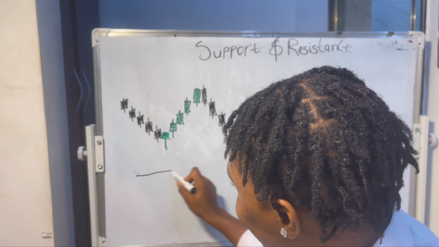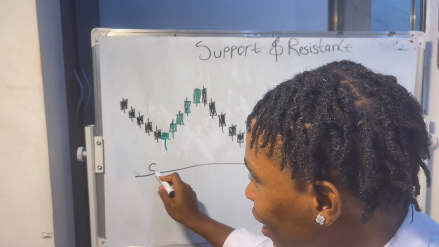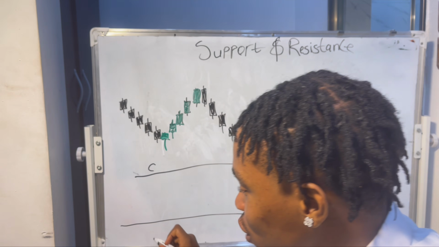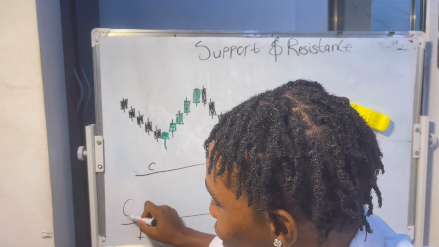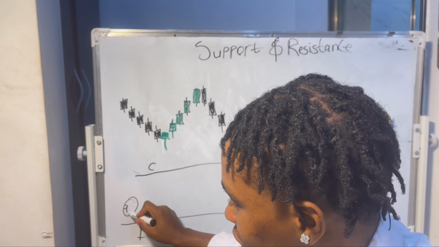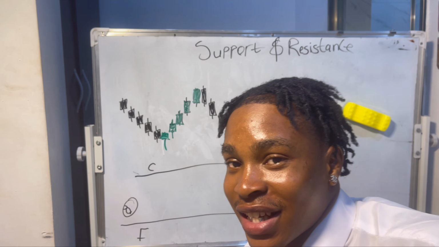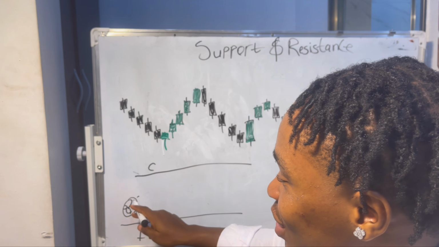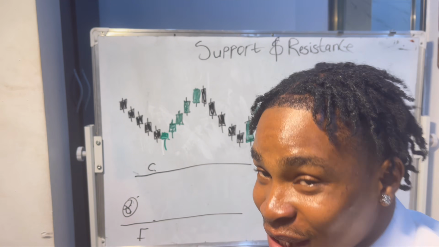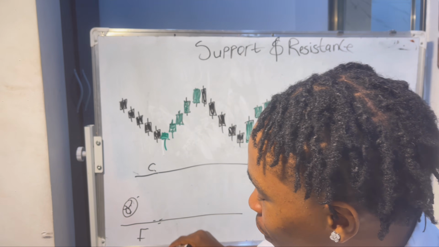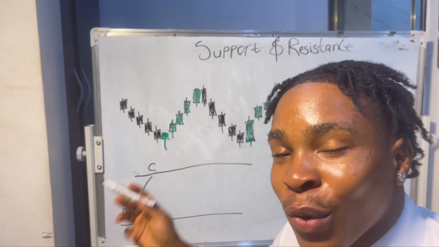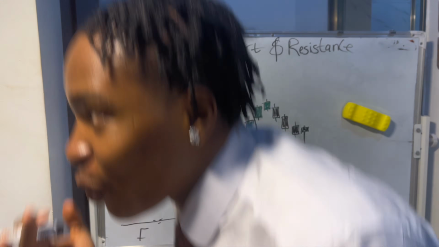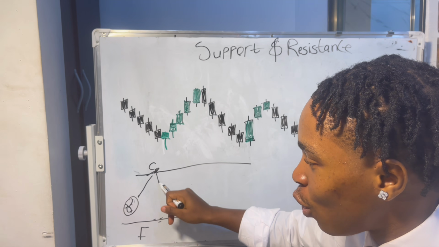Let's say this is the ceiling. I'll just put a C there. And then say this is the floor. I'll just put an F there. And then we have a soccer ball, because it's World Cup season and I just want to use a soccer ball example. So let's say this is a soccer ball, and within these two levels, the ceiling and the floor, whenever the ball comes to the ceiling, what will obviously happen? If you just literally throw a ball up to the ceiling, it will bounce back from the ceiling and go down.